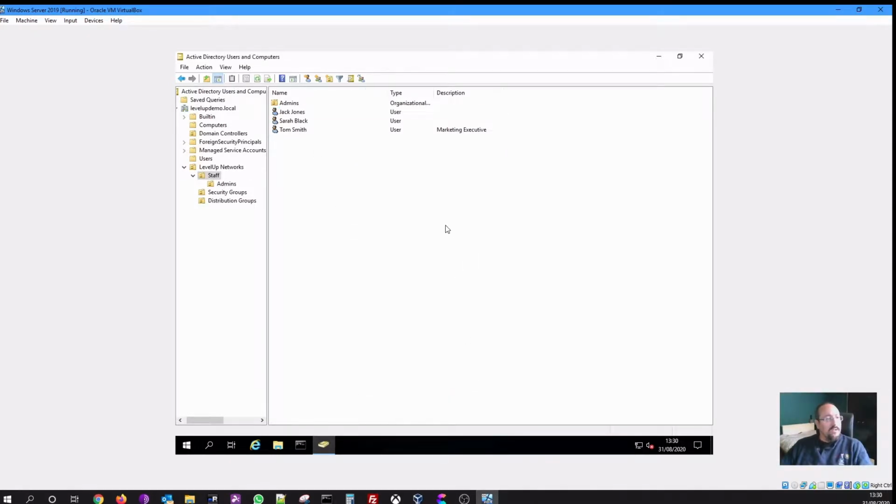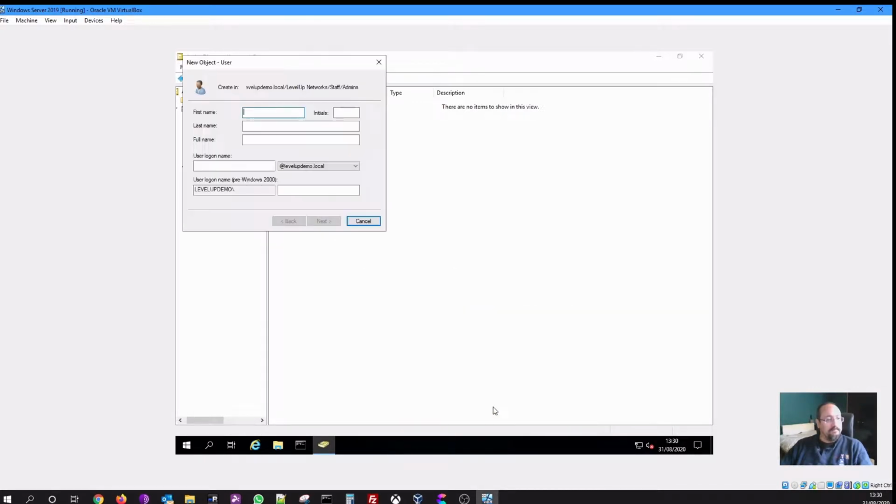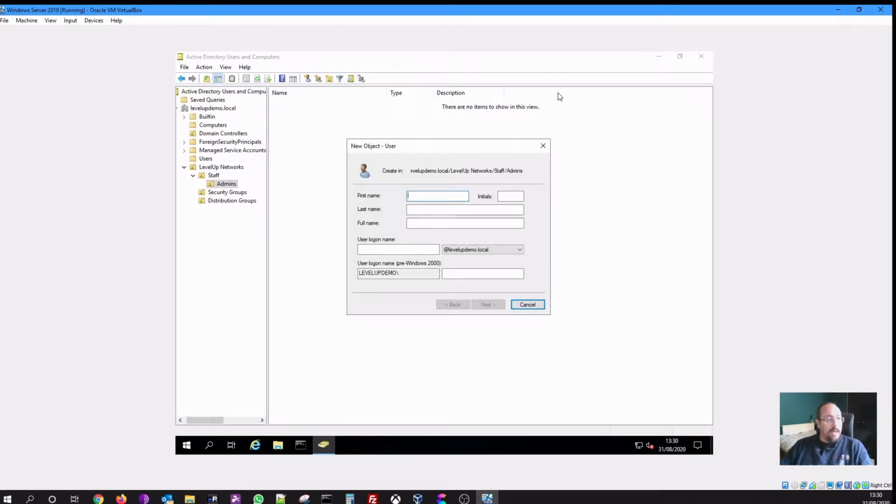Okay, so those are our 3 users. Now I'm going to create an admin user. So under admins, we go to new user. Okay, and because we're on the server, let's call this LevelUp Networks. LevelUp